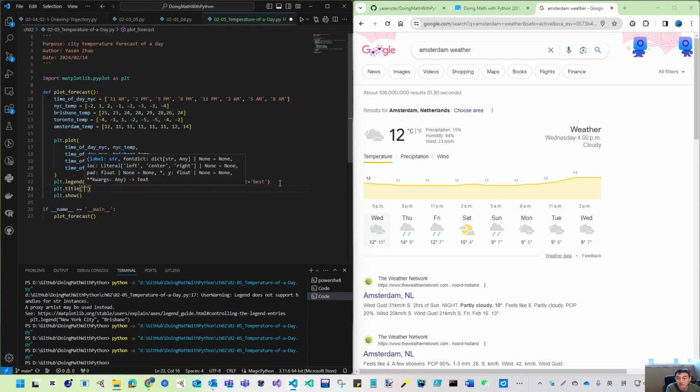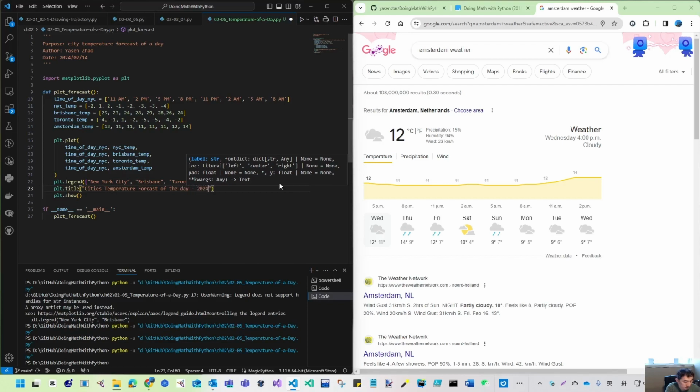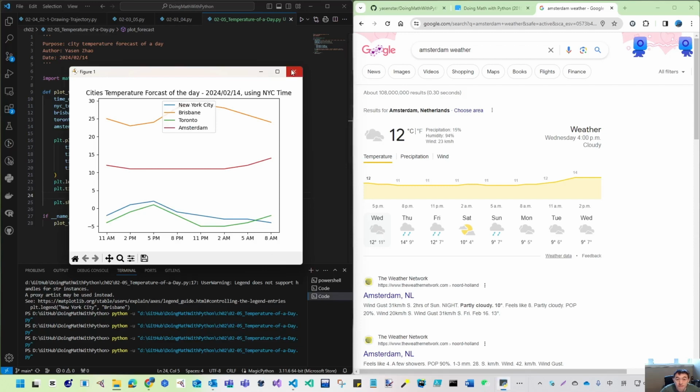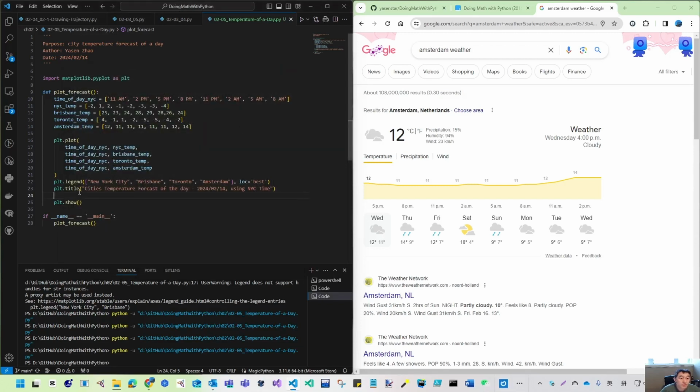plt.title. So we have this, the city's temperature forecast of the day, use NYC time. So that is our title. So you can verify that. Now you have this title,